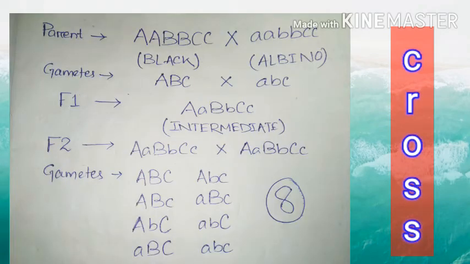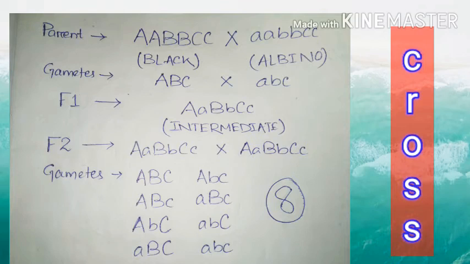If we cross a black person, which contains 6 dominant alleles, with the albino variety, which contains 6 recessive alleles, then we find the gametes capital ABC and the gametes small abc, meaning one allele comes from each gene. Okay, so if we cross these two, then we get